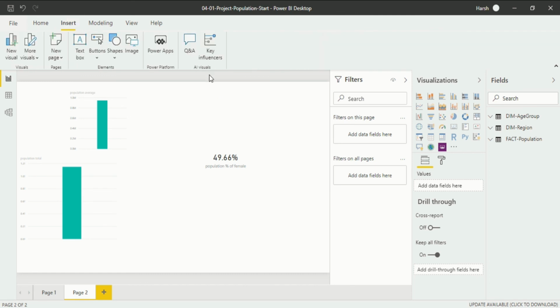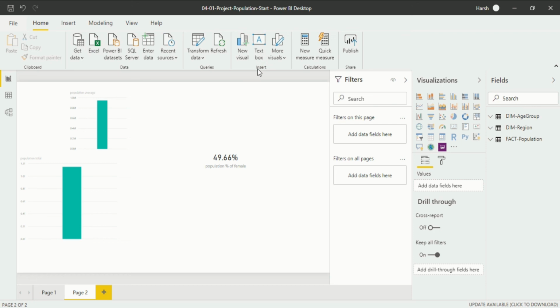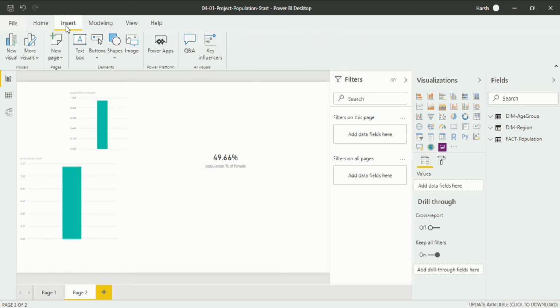When I click on insert, you will see there are a few things that are common in the home ribbon and the insert ribbon. You can see the insert section here in the home ribbon, while when we click on insert, the whole thing is available here. So here there are many more options available than in the home ribbon. That is, if you want to insert a new page, as I have told you, you can insert a page from here. As I've already told you, there are multiple ways to perform the same function in Power BI Desktop. So I can insert a page from here also, and here also.